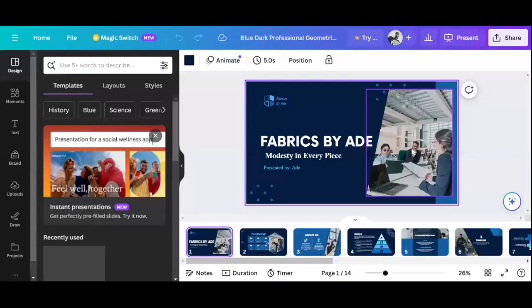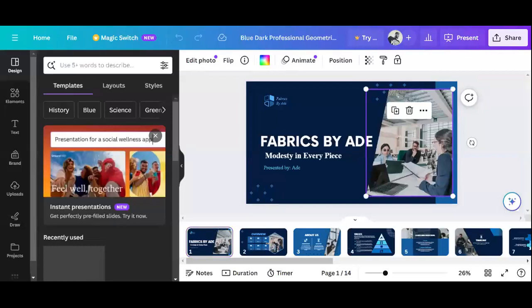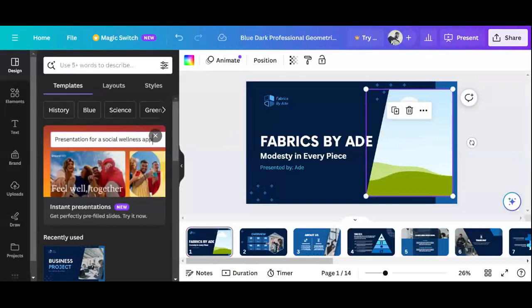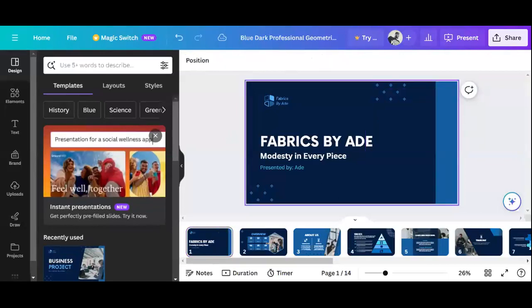Okay. So I was saying we want to change the image here, then we want to change even the bounding box entirely, the container entirely. Just like we said on deleting, we can click on it, press backspace to remove the image, click on this bounding box itself to move it. So we have an empty space here that we want to put our image on, right? So we just go on